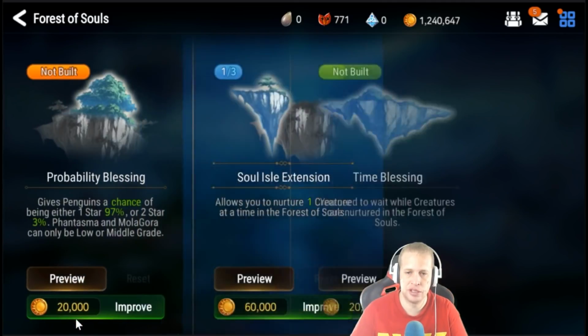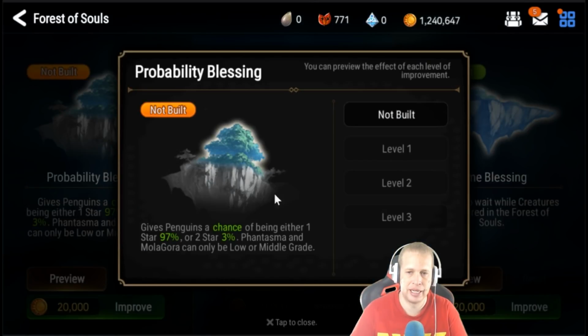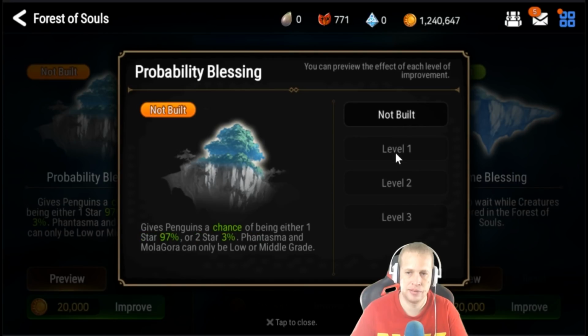Now, improvements to this. This one over here, basically, it gives you an improved chance to get higher draws. So you have a higher draw chance to get 3-star and 2-star. I don't recommend upgrading this personally, because my experiences with it, you want 3-star as much as possible, but it's only 3%. 2-star, yeah, it's nice to get 2-star, but...